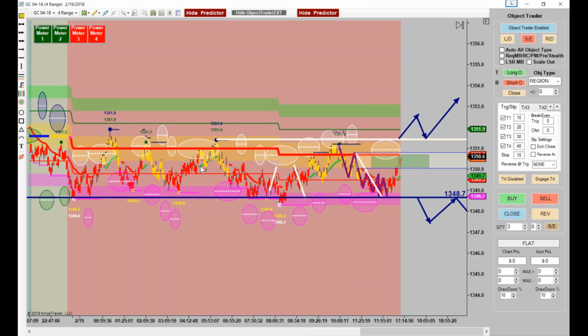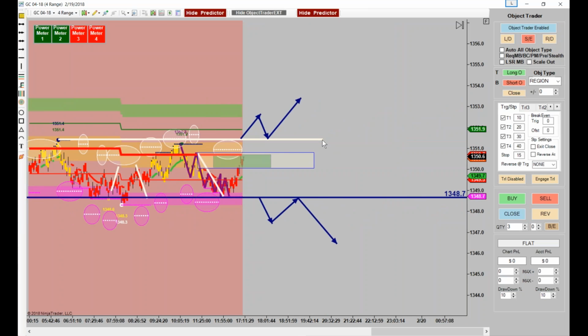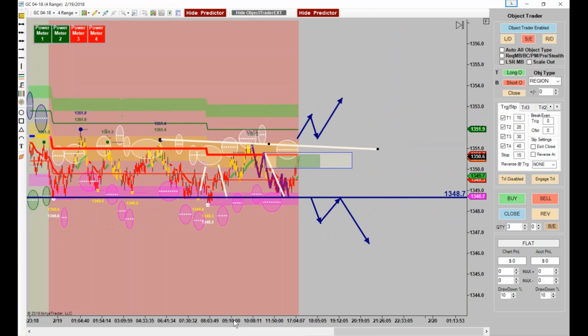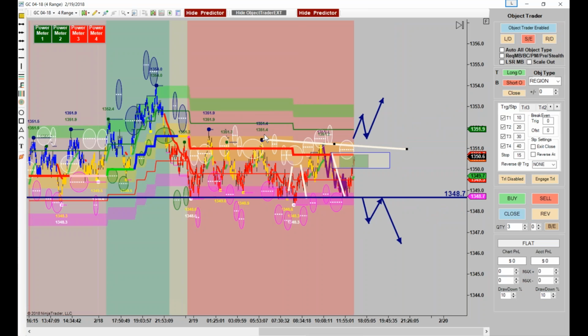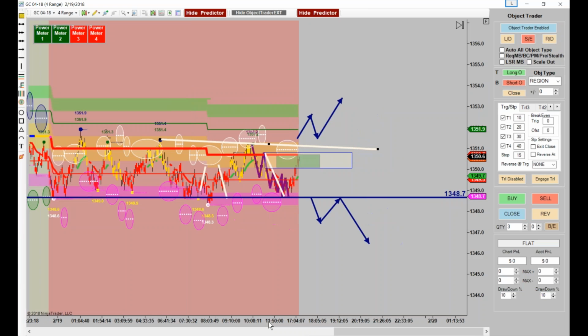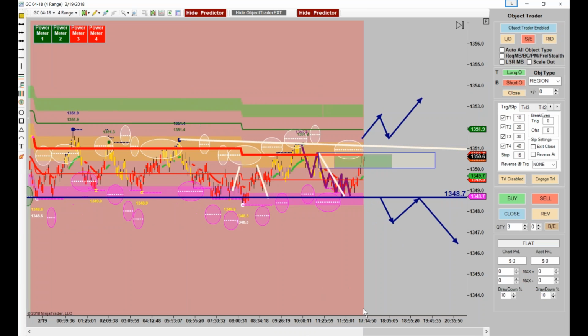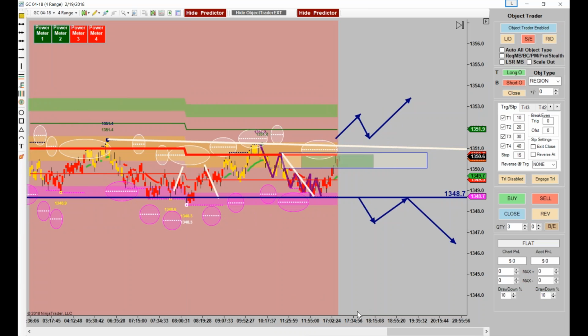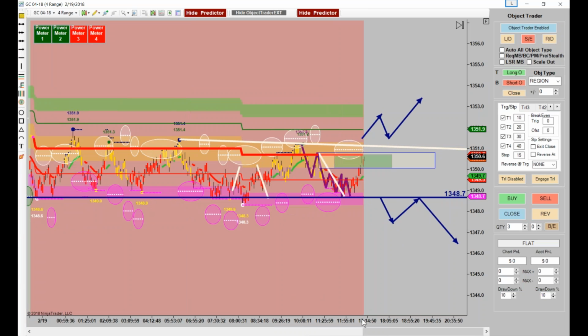Okay. And you could also draw like a little trend line if you wanted to, between these highs, just in case this comes up a little higher. See, because you do have a high, a low, a lower high, just not a lower low, but you do have a little trend line there. Okay. So we'd be ready to trade this, wouldn't we? Right? That's what we talk about when we say to box in, like around mid-band.